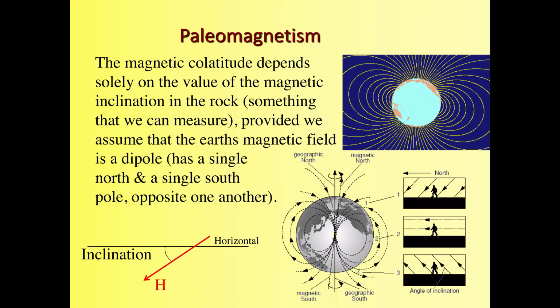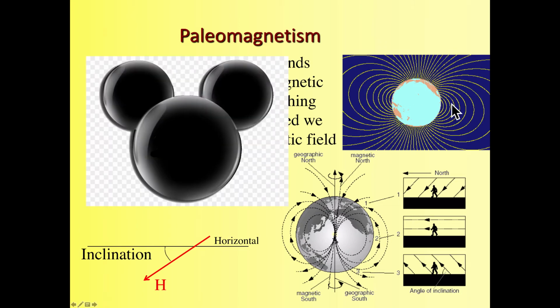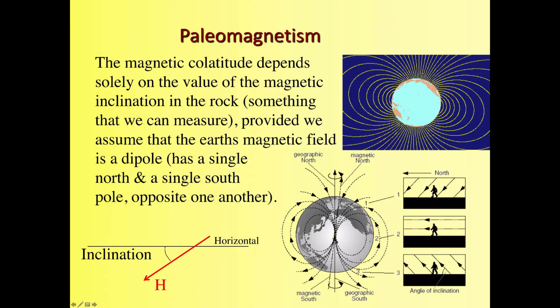And bar magnets have a very predictable magnetic field shape that look like a couple of Mickey Mouse ears here on either side of the Earth. And you'll notice that the magnetic field lines are vertical at the poles, and they curve around and come in at different angles as you go around the Earth. So at the equator, the magnetic field lines are nearly parallel to the Earth's surface. That means that a rock